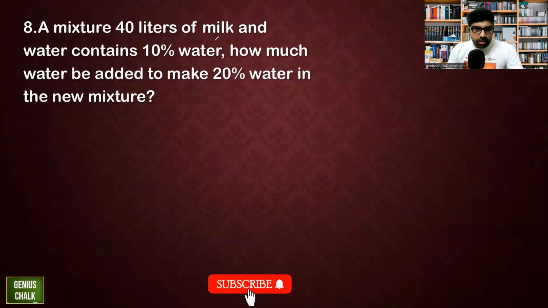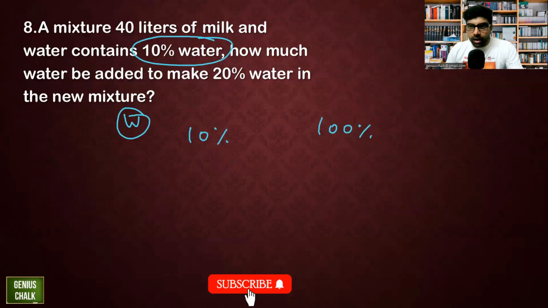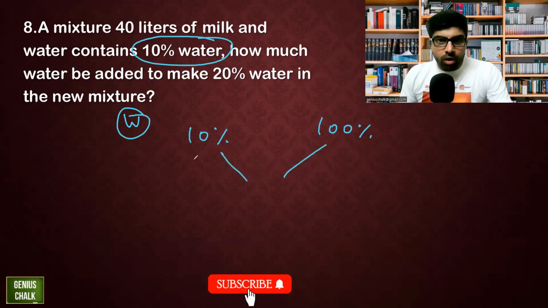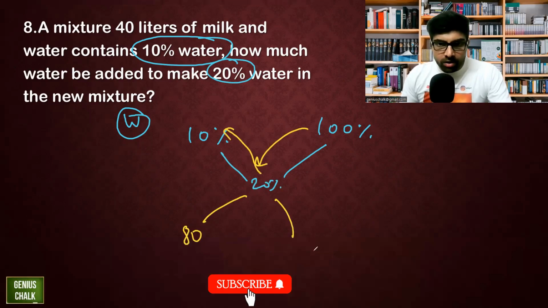So this is 40 liters. This was 10% water. Let's take water. And you are adding water, that means you are adding 100% of that. Right? Can I say you are adding 100% of that? Okay. And what is the overall? You have to make 20%. So just apply alligation and you have your answer. This is 100 minus 20, that is 80. 20 minus 10, that is 10. So this is 8:1. And you know that 40 liters was the mixture, so this 8 shows